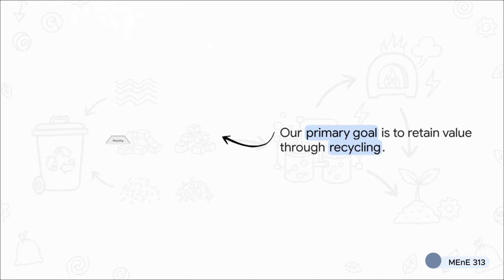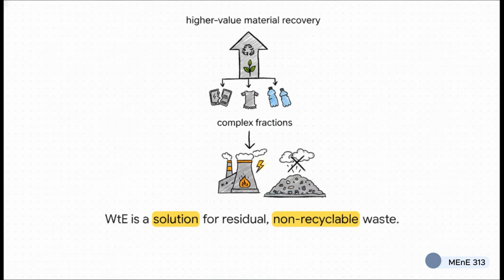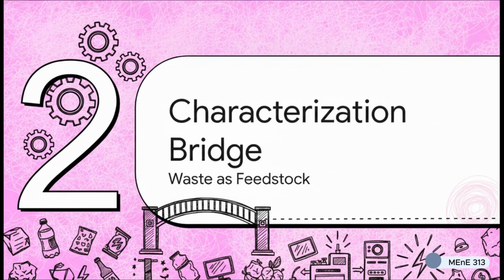We're engineers, right? We shouldn't just look at a massive pile of municipal solid waste and immediately think, let's burn it. Our very first instinct has to be reduction, reuse, and recycling. Because of that, waste to energy has a highly specific, fundamentally limited place in the hierarchy. It's a tool we use only after all those higher value material recovery options are totally exhausted. It's essentially a solution for residual waste, those complex, non-recyclable fractions that would otherwise just sit in a landfill pumping out methane.